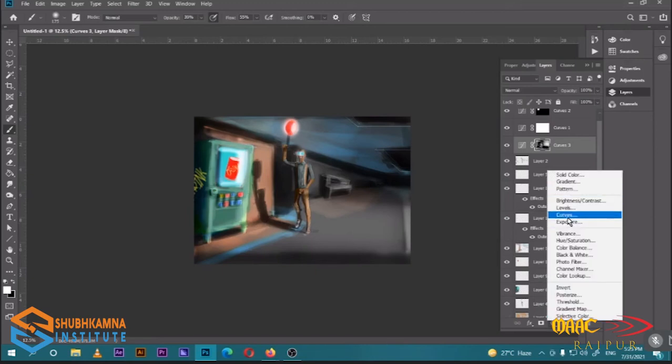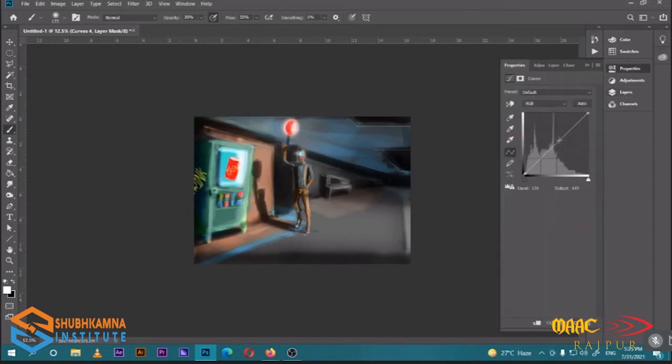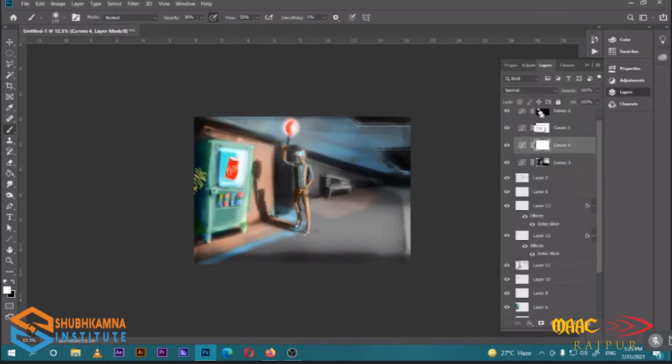Alright, so we had added all the lights and shadows and the curves. We can use some more curves in order to add however realistic we wanted it to be, the lights and shadows I'm talking about. And you can always put the glows and everything over your image. So I'm just putting a little bit of lighter more.